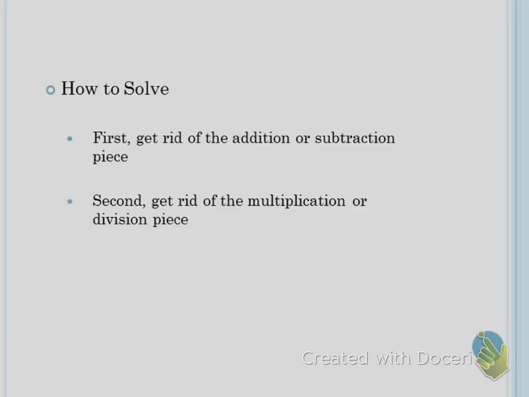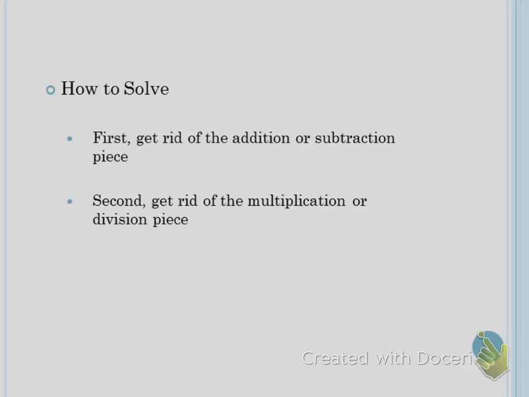You need to write these down in your notes. This is how we're going to solve these today. So the first thing we're going to do is get rid of the adding and subtracting step. The next thing we're going to do is get rid of the multiplication and division step. It's sort of like the order of operations, but in reverse. You undo it in the opposite order that you would do it if you were following the order of operations. So normally with order of operations, we multiply and divide, then add and subtract. It's reversed now. We're going to get rid of adding and subtracting first,